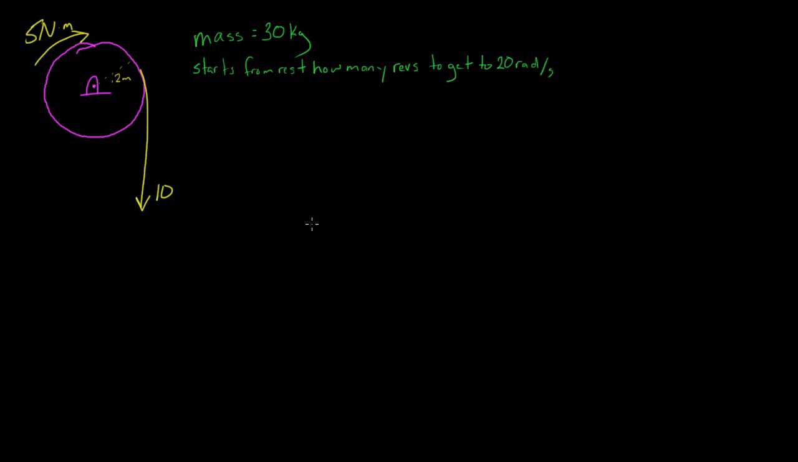In this problem, we have this 30 kilogram disc that is supported at its center. So we apply a moment of 5 Newton meters and a force of 10 newtons to this disc, and we're interested in figuring out, if it starts from rest, how many revolutions does it take in order to get to 20 radians per second. So how many times does it spin around before it gets an angular velocity of 20